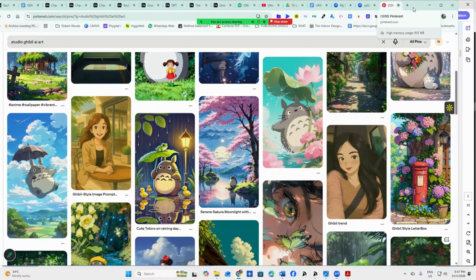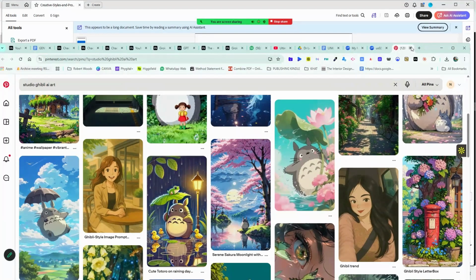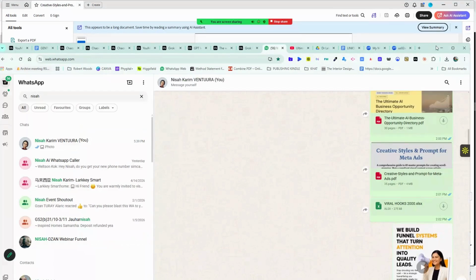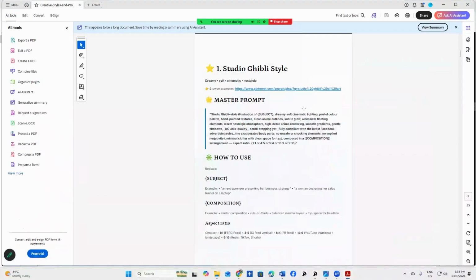Now, you have to type your sample, this is your prompt, and you just have to put your own subject here and what is the composition that you want and what is the ratio you want.